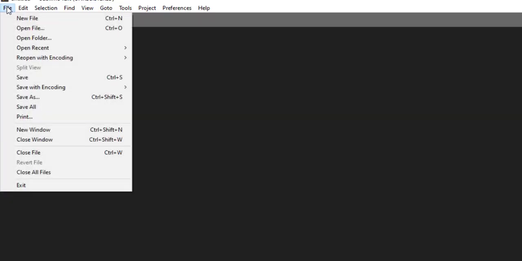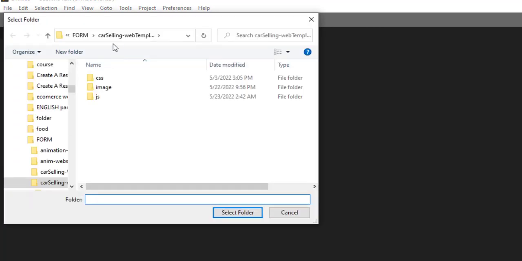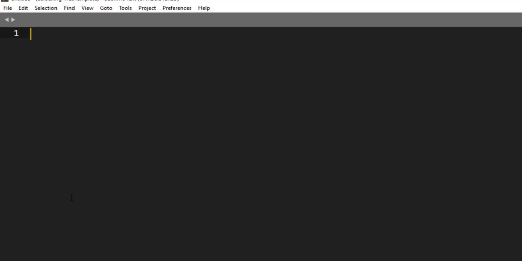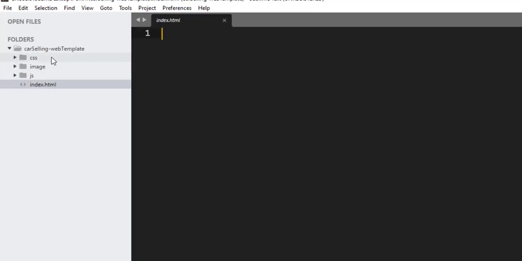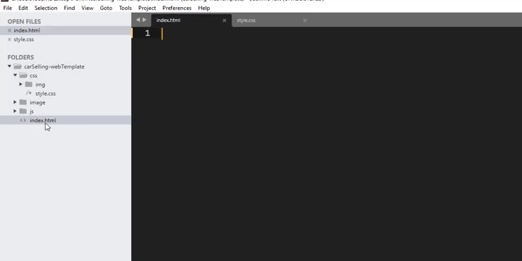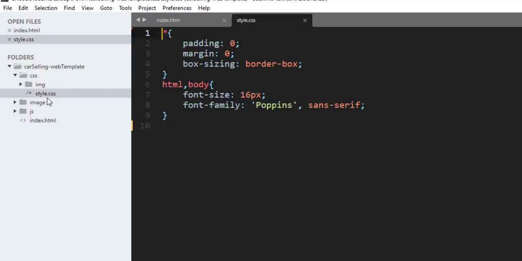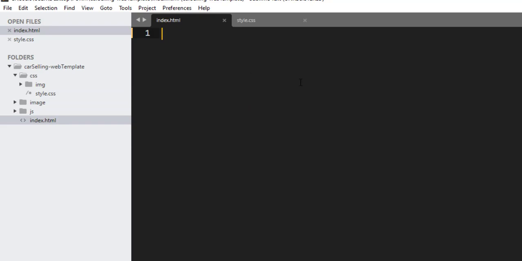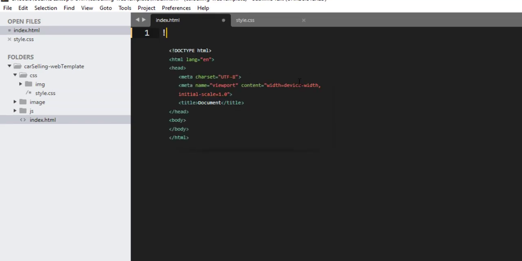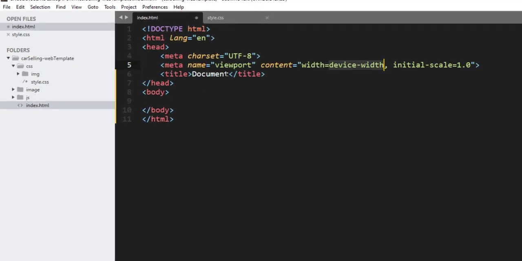Now, having this, let me open this inside my code editor. In this case, I'm going to use Sublime Text. Here is the folder, and then select the folder right here. And then here is index.html, and here we have style.css. So now, let me add